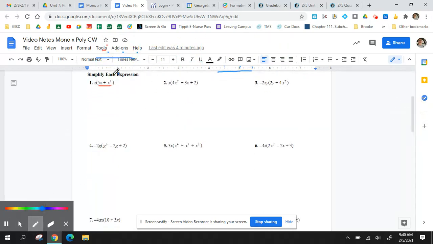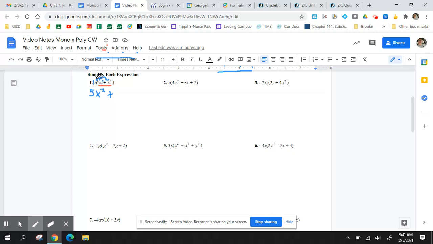Okay, so the first thing we're going to do is multiply this x times the terms on the inside. This is a polynomial, right? There's 2 of them, so it's really a binomial is what we're going to call it. So x times 5x. Well, this has a 1 in front of it, so 1 times 5 is still 5. X times x. Now, those are exponents. Remember, you have an exponent of 1 here, and you have an exponent of 1 here. So 1 plus 1 would give you 2. So x times 5x would give you 5x squared